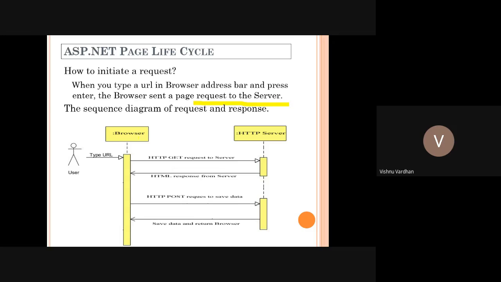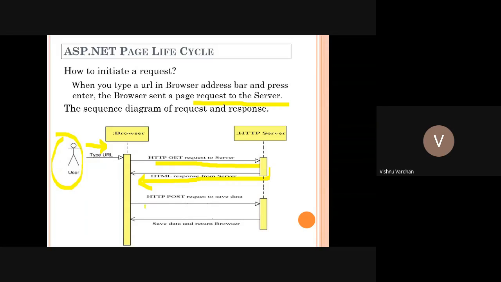Then the same thing we can draw in the format of a sequence diagram. Okay, so there is a user. This user types some URL. He gives a resource identifier to the browser. Then the HTTP GET request is sent to the server, and the server, after processing that information, gives back the information.